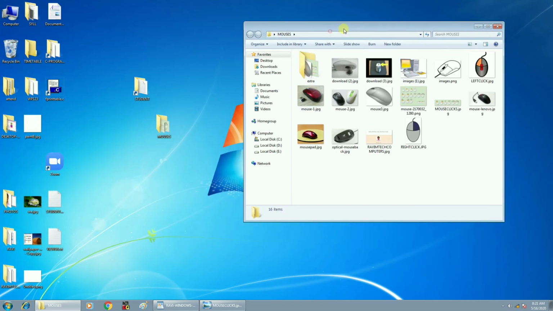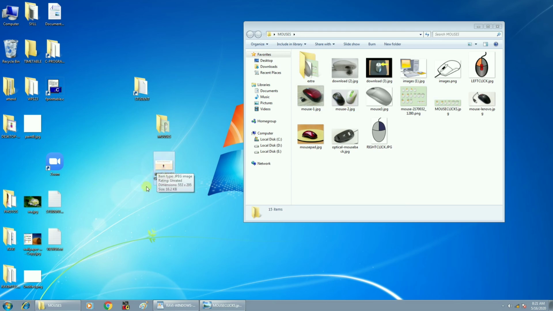Now I want to move the file from this mouses folder to the desktop. What you need to do is drag and drop. Drag means place the mouse pointer over the icon, hold it, don't release the button, and drop it on the desktop. See, the file was moved from the mouses folder to the desktop.